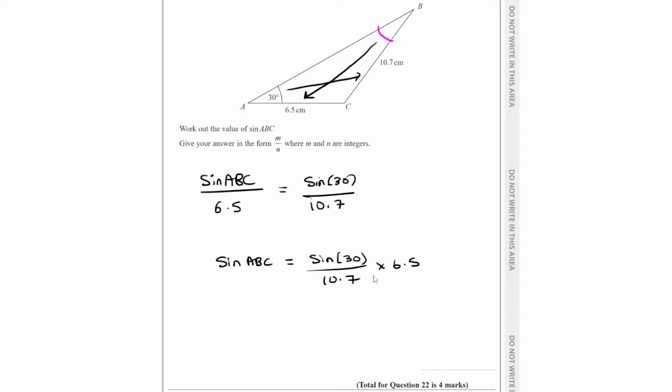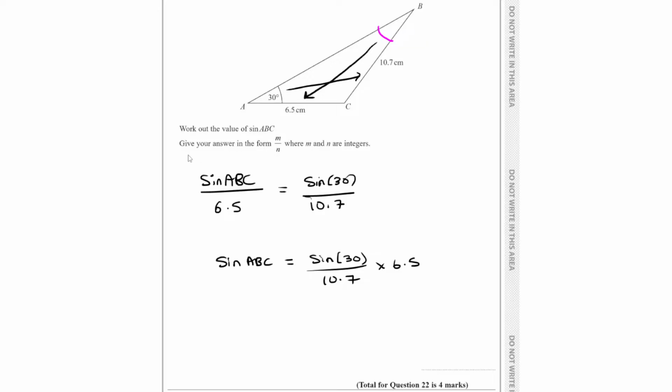So you should know sine 30. This is the non-calculator paper. They ask you to memorize certain values. This is them cashing in on that, basically. So we should know that sine 30 is a half. Luckily,